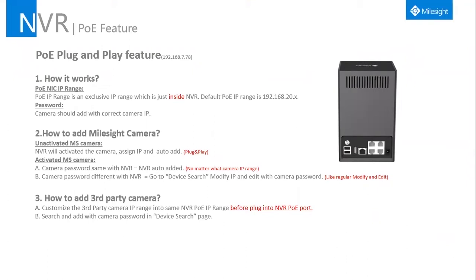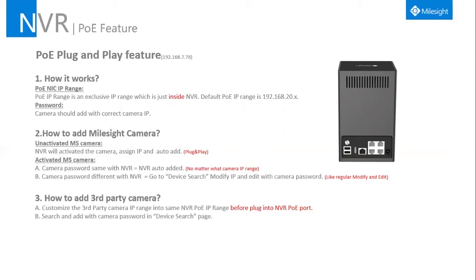You don't know how to add it back into the PoE NVR, or you want to add it like a third-party camera. So here I will introduce the rules of how we define plug-and-play and how this